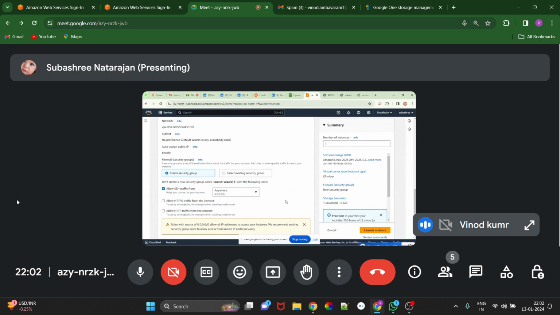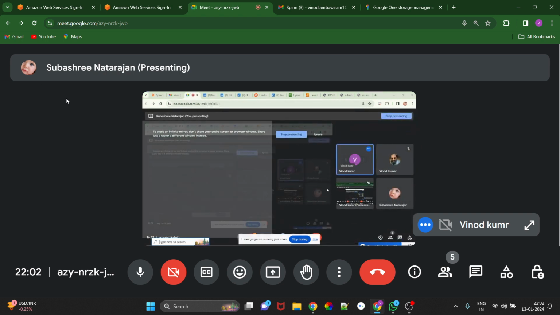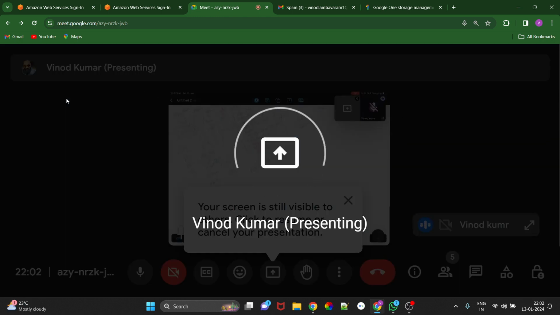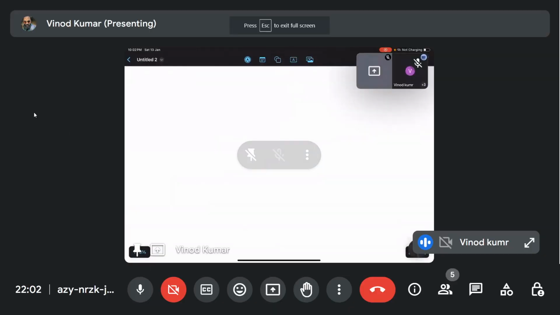For example, I am sharing my screen. Say you got a task, and the task is to set up the environment, named prod, for example.